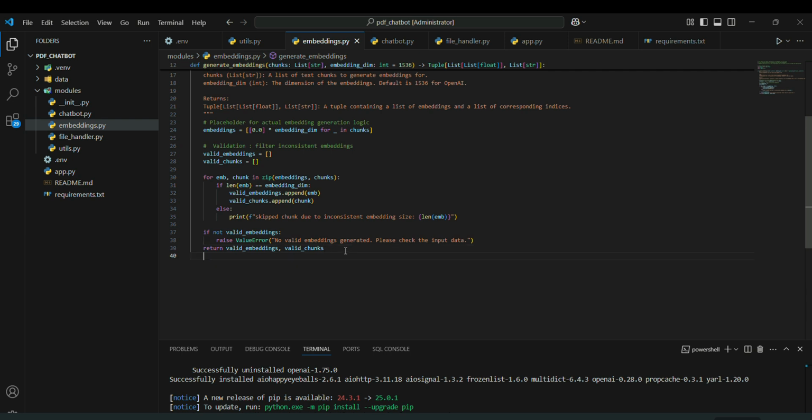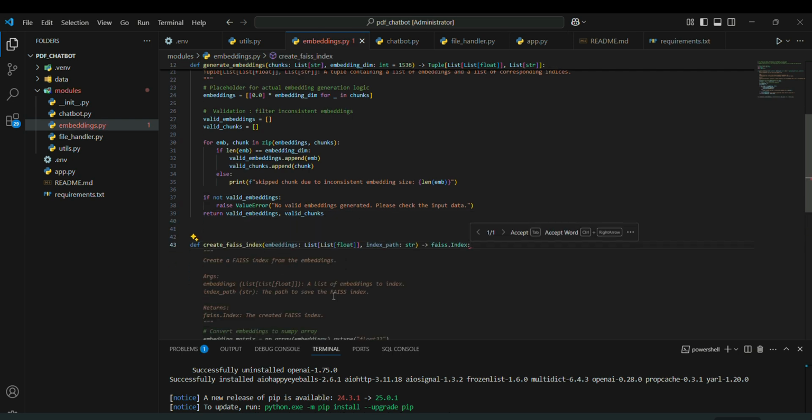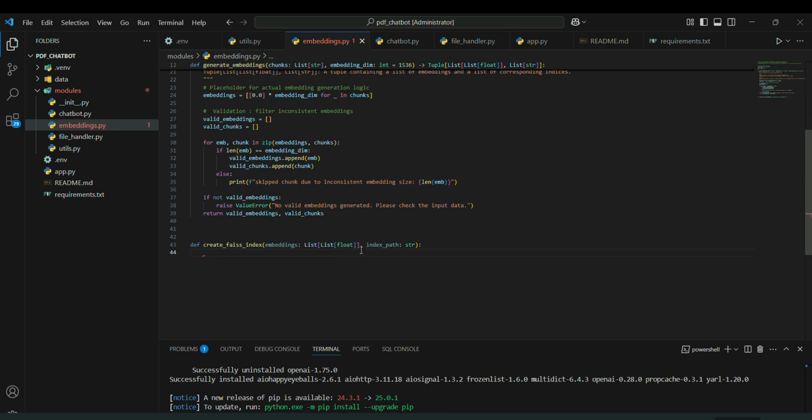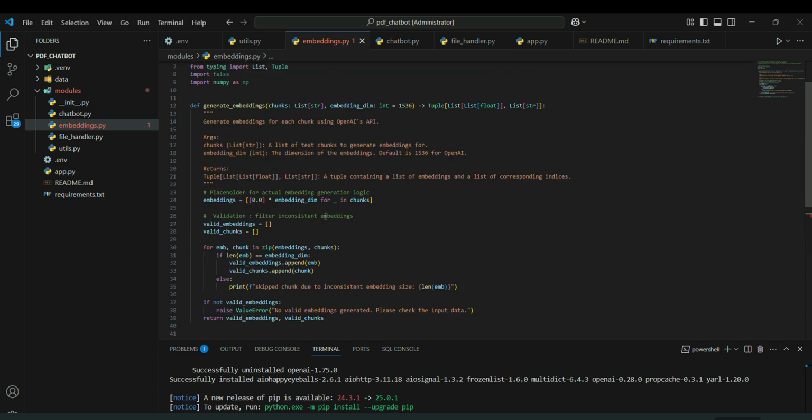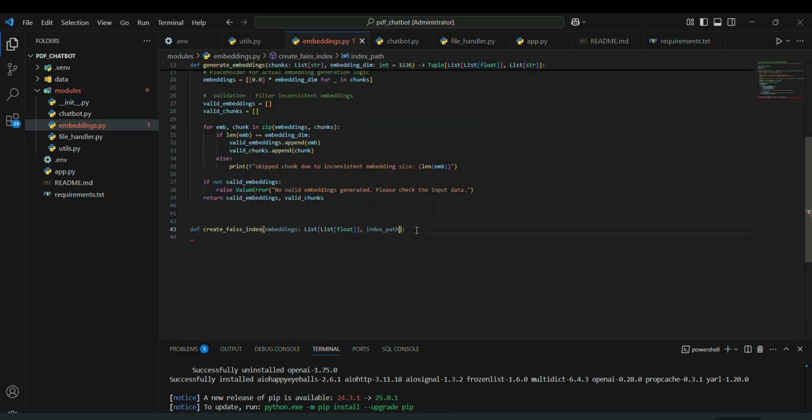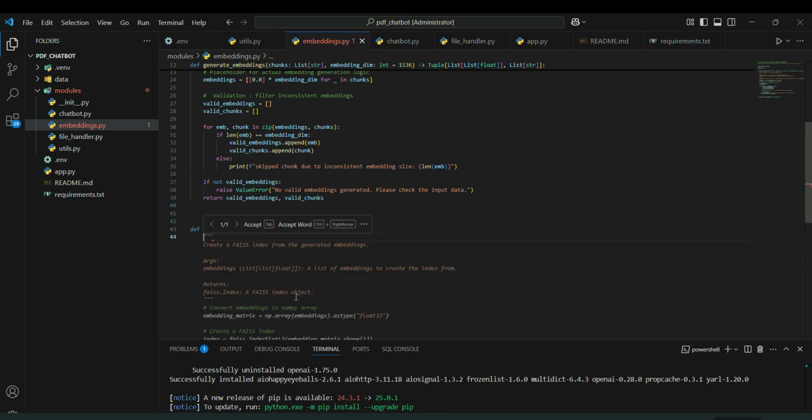Yeah. So now we'll be creating the FAISS index. Abstract the embeddings list, FAISS index, faiss.index. Create a FAISS index from the given embeddings and arguments. Embeddings is the list, keyword embedding, index path. What is the index path? Index path of the FAISS index object, returns